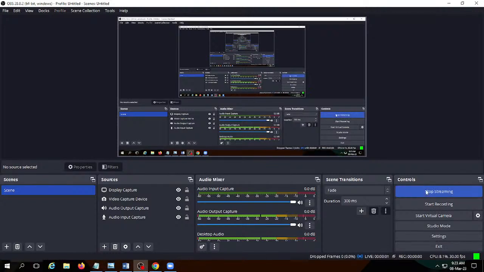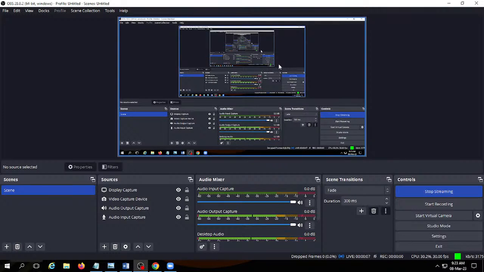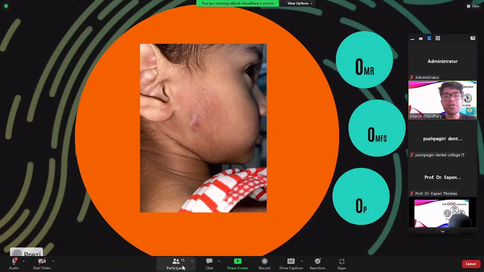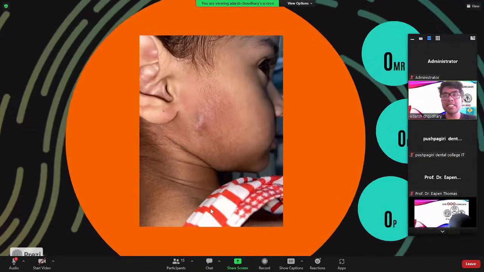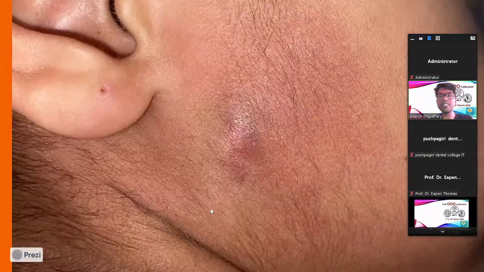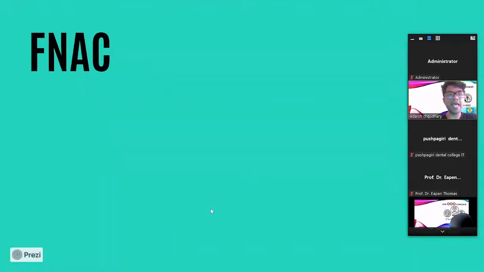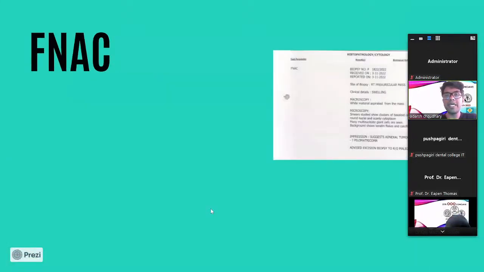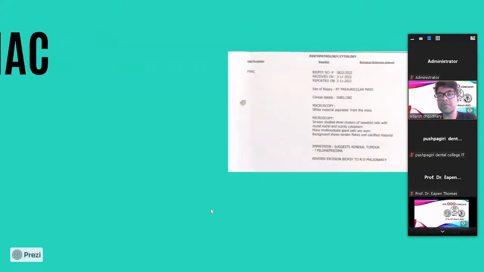swelling, which initially was very small in size and gradually increased to the present size, which is around 1 centimeter in the highest diameter. So this case was discussed in three main components. That is the oral medicine department, where they had done the FNAC for the initial report, which suggested to be